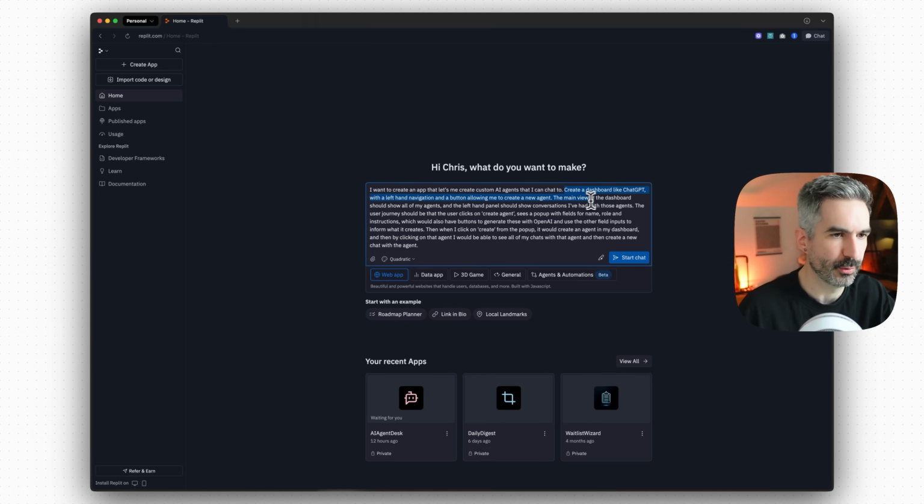So I want to have a dashboard like ChatGPT with a left-hand navigation and a button allowing me to create a new agent. The main view of the dashboard should show all of my agents. Left-hand panel should show conversations I've had with those agents. The user journey should be that the user clicks create agent, sees a pop-up with fields for name, role, and